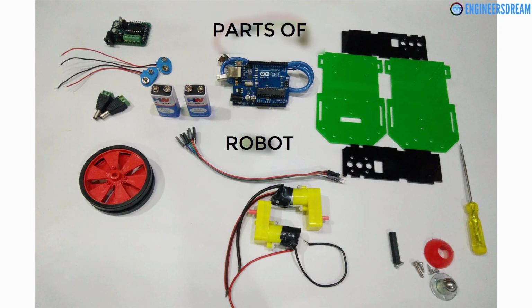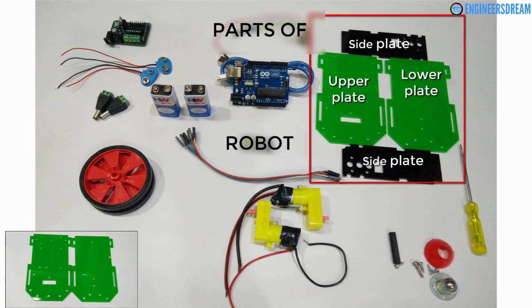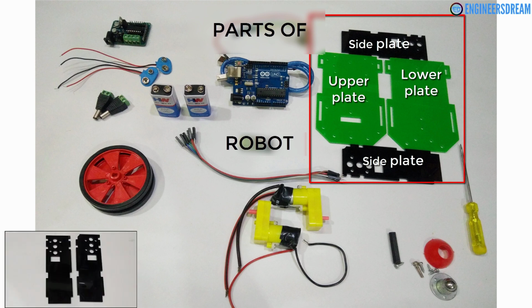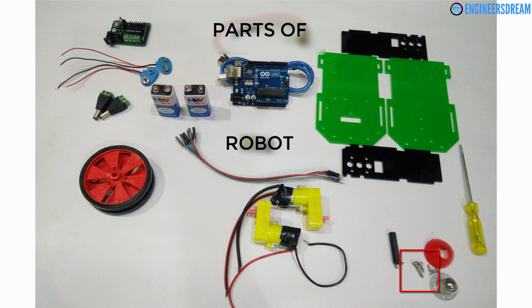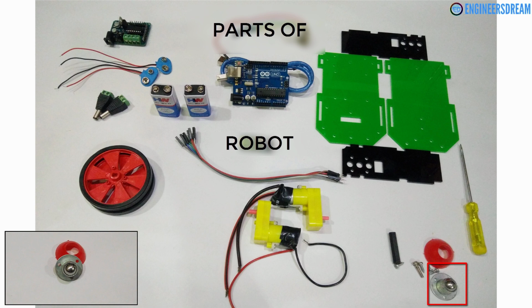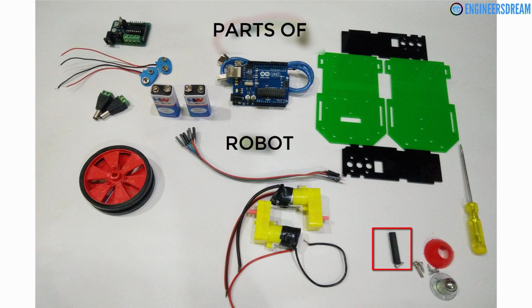In this video, I'll show you the parts that we require for building a robot. So first, for building the robot, we require the chassis. So the chassis that I have consists of one upper plate, one lower plate, and 2 side plates. Next, we require a screwdriver for building the robot. After that, we will require some screws. The specification of the screws I'll show you in the later videos. One caster wheel, one spacer for maintaining space between the 2 plates of the chassis,